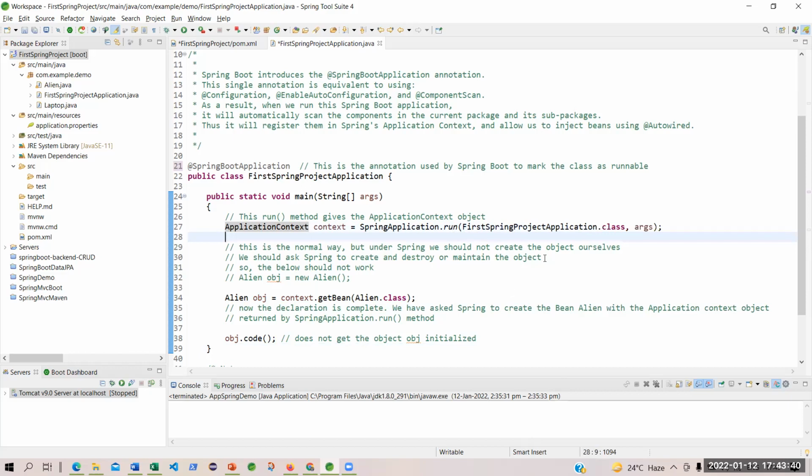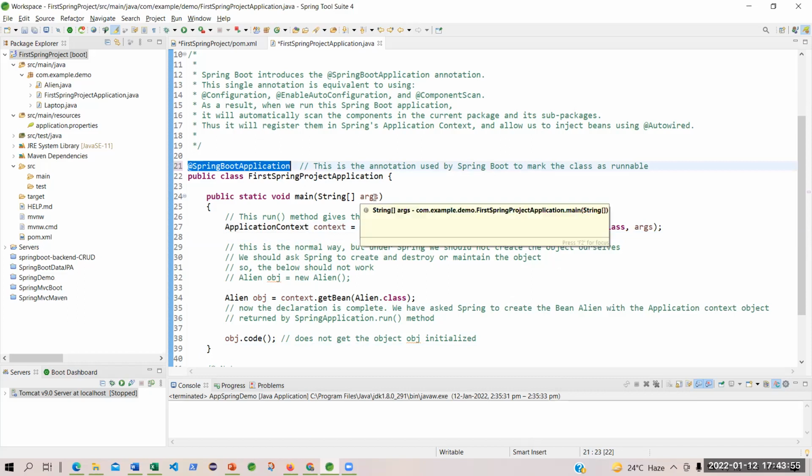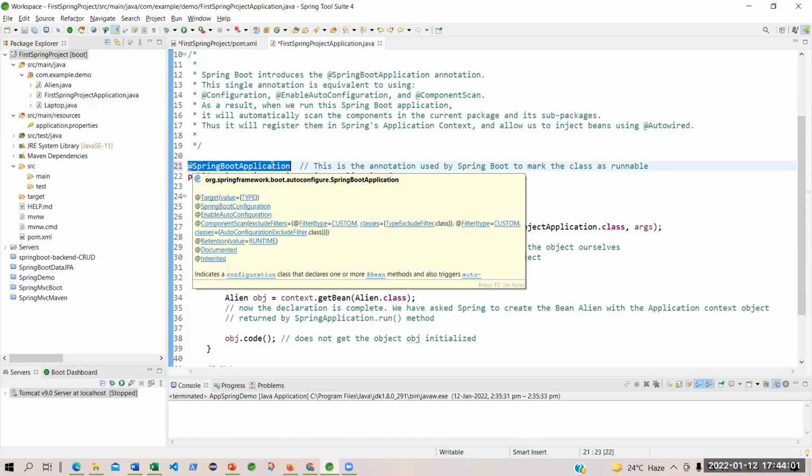Sir, annotation means, sir? Annotation, I will explain. Annotation is sort of a reference that you are taking. So whenever you say @, what are you doing?